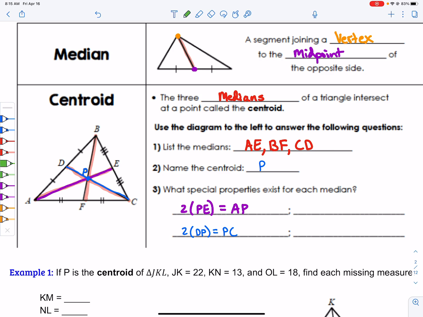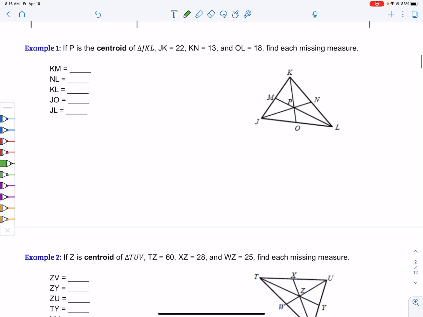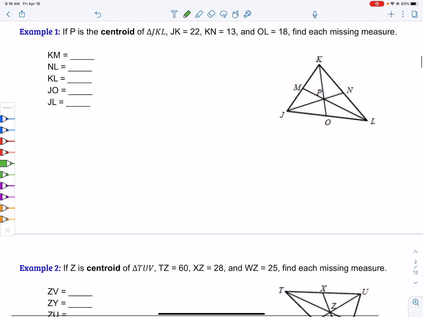All right, and let's just do that for the last median as well. So we have BP is the longer piece, so that's 2/3 of BF, the total, and then PF is 1/3 of the total. So 2 times that shorter piece, which was PF, would give us the longer piece of the median, which is BP. Okay, so let's use these properties to answer some questions below. So we're going to do 3 examples of centroid and what we can do to figure things out. So if P is the centroid of triangle JKL,